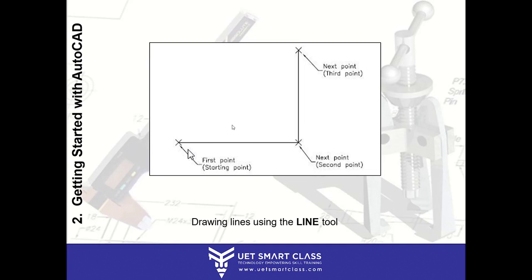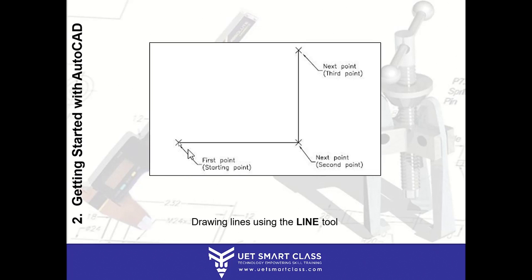Now, how do you draw lines using the line tool? On your screen, first of all, today you will be practicing without any dimension, without any coordinate system, because as of now you don't know how to type exactly on a particular grid, how to type the coordinates X and Y. These you will learn in the upcoming sessions. Till then, just practice randomly, freehand, how to click on your screen to take a particular shape or click on different points to get lines.